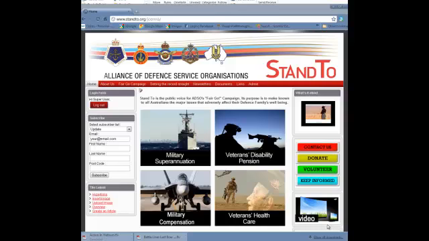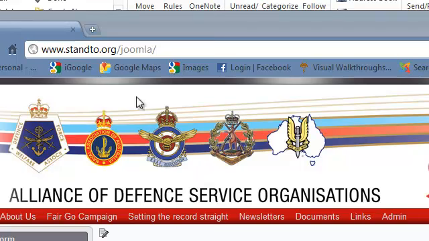In this tutorial I'm going to show you how to insert an RS file download directly into an article. Now to do this we have to go into the back end of the website, and to get into the back end of the website you go up into the URL bar at the top of your web browser and notice where it says